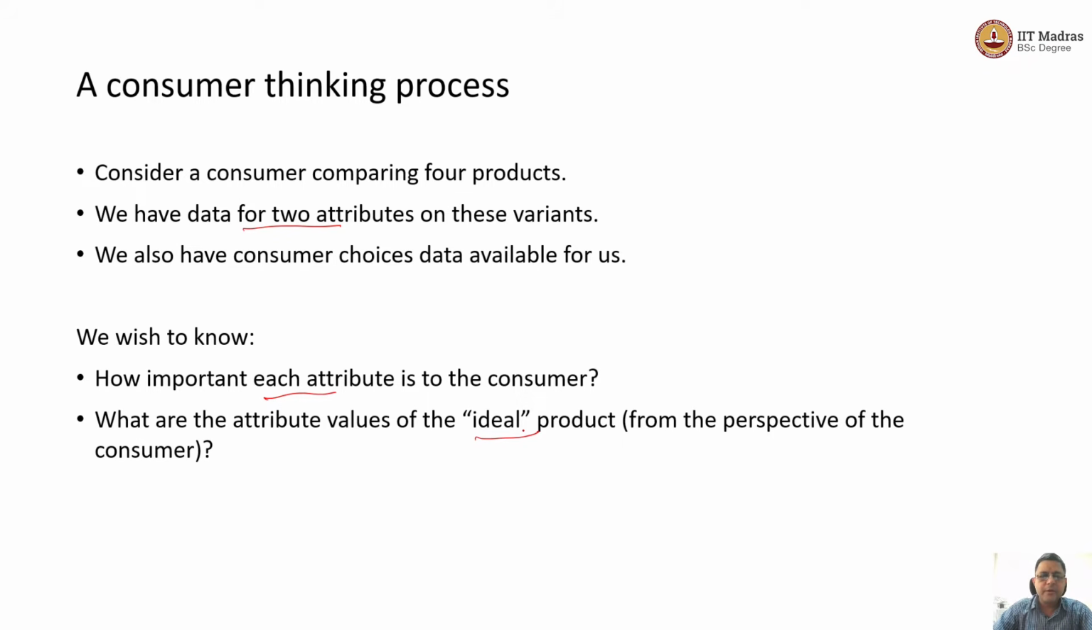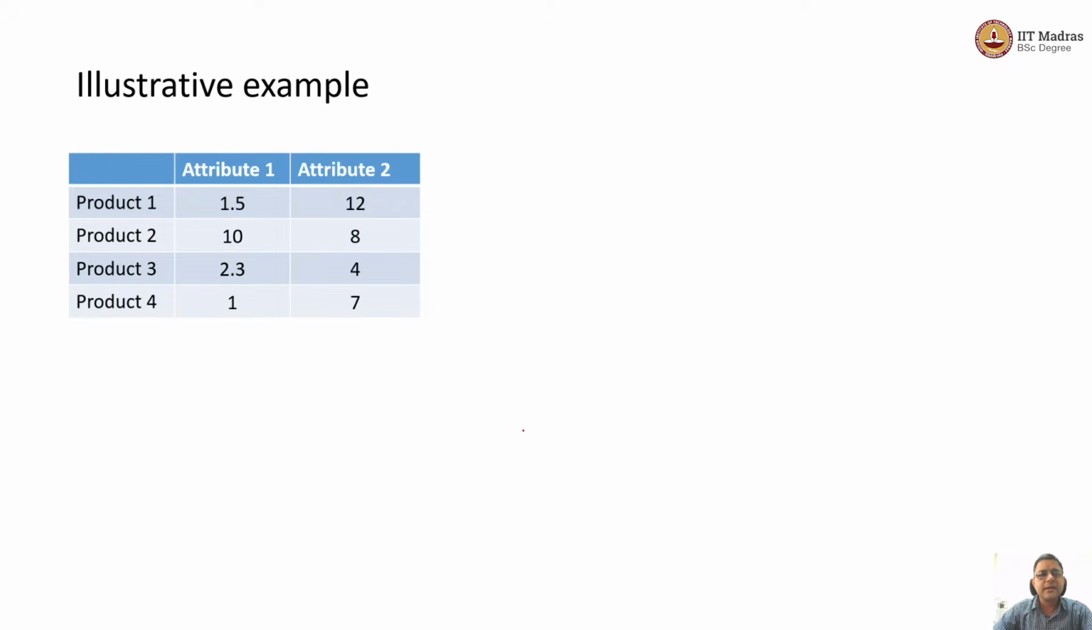So let us go further on this. Let us go back to our example. So the consumer was comparing 4 variants of a product, and for each variant we were collecting data on 2 attributes. So you can construct any product of this type. Let us say that this is the data. Let us say that there are 4 products being compared. And these are the values available on attribute 1. These are the values available on attribute 2. So product 1 has attribute 1 value of 1.5 and attribute 2 of 12. Product 3 has attribute 1 value of 2.3 and attribute 2 value of 4. So this could be any attribute. Attribute could be